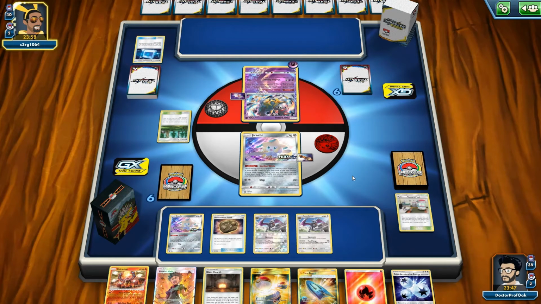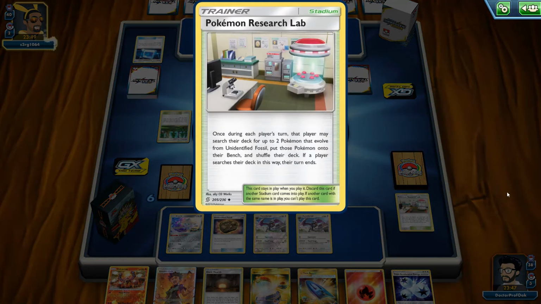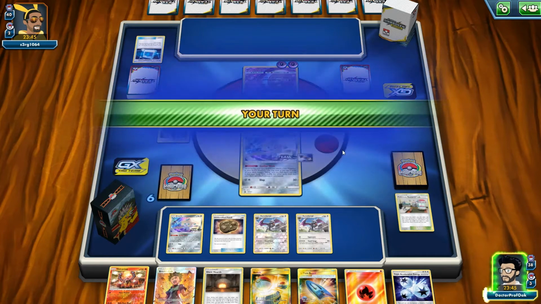My deck sets up faster than yours. I don't need Inkcase. I just need this one stadium card, Pokémon Research Lab. Like, this is so broken, guys. Like, being able to get a 130 HP stage 1 Aerodactyl out, like T1,